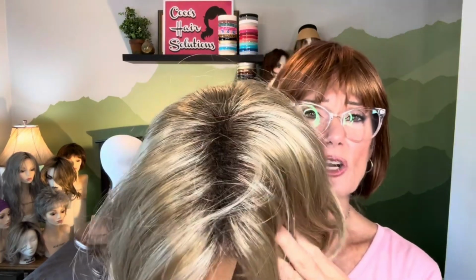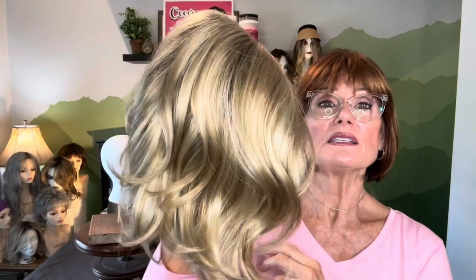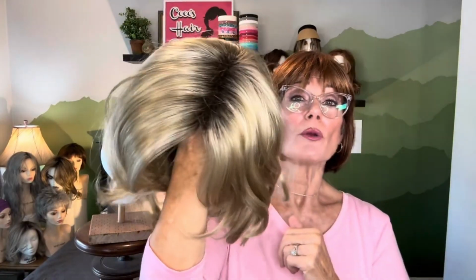So this is Creamy Toffee R, a very, very popular color. It's kind of a blend of cool and warm blonde colors, and it has a dark brown root. Probably something close to a number 6, I would say. It's not really dark like a number 4. Her color blend makes it slightly chunky. It's not real chunky, but you can definitely see the different colors of light or cool and warm in there,